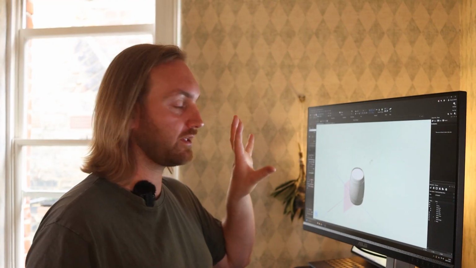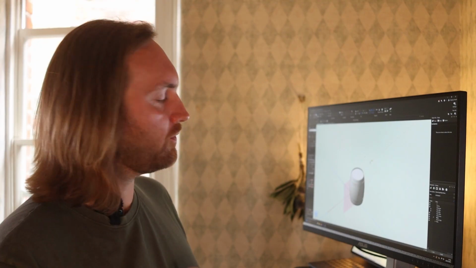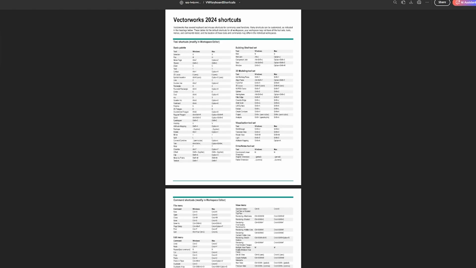What will also save you a lot of time is keyboard shortcuts. Now, I will explain what the keyboard shortcuts are for every tool that I'm using, or at least try to remember to. And if you want to learn more keyboard shortcuts, there is a reference card that you can download